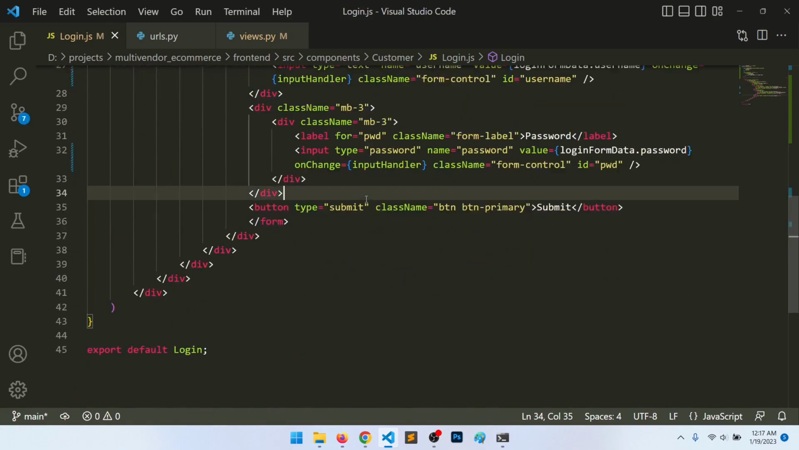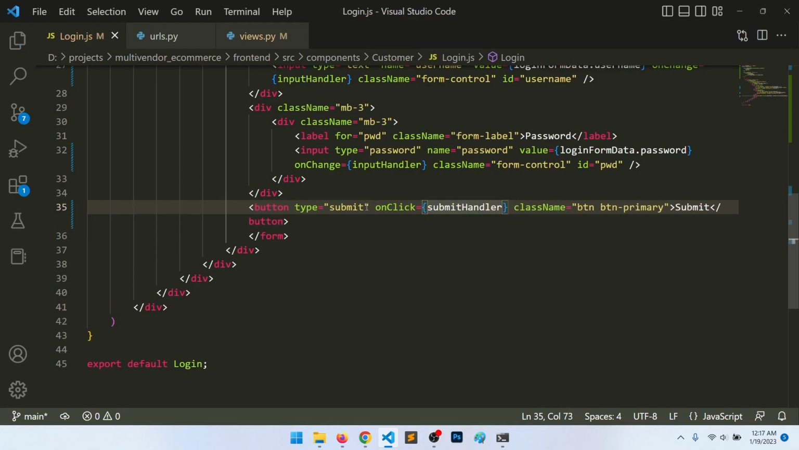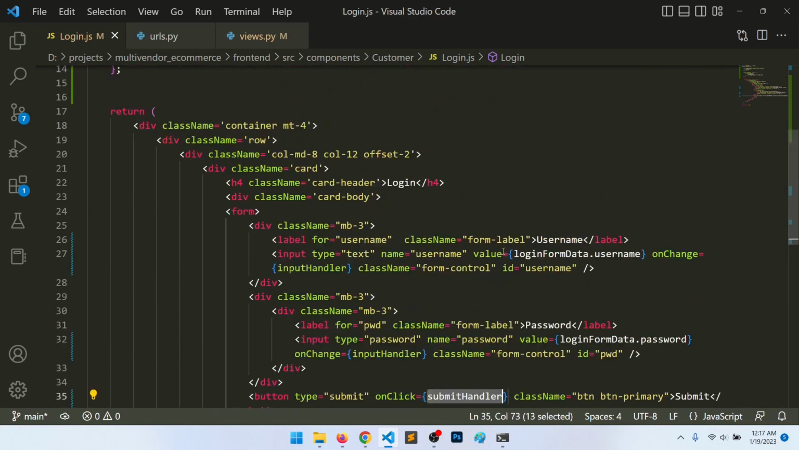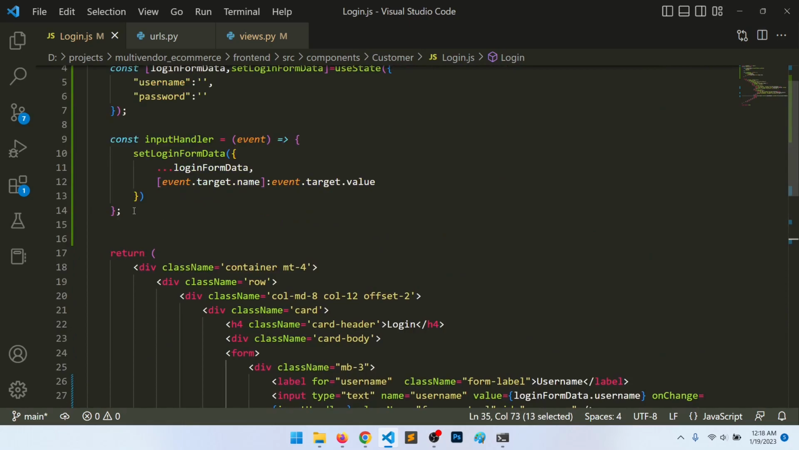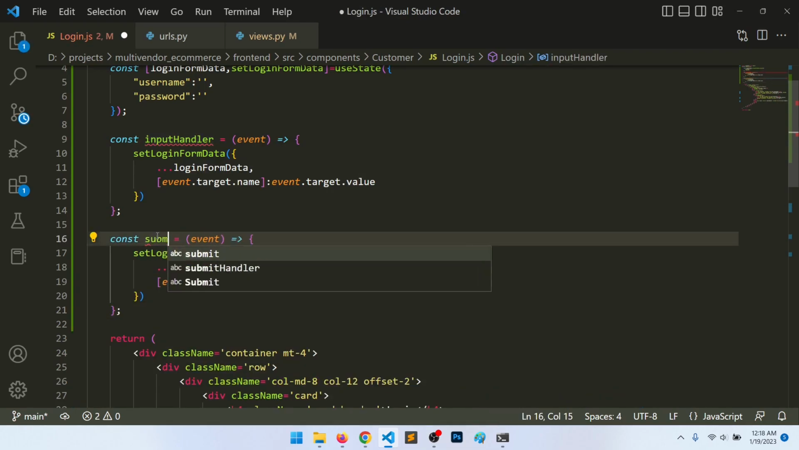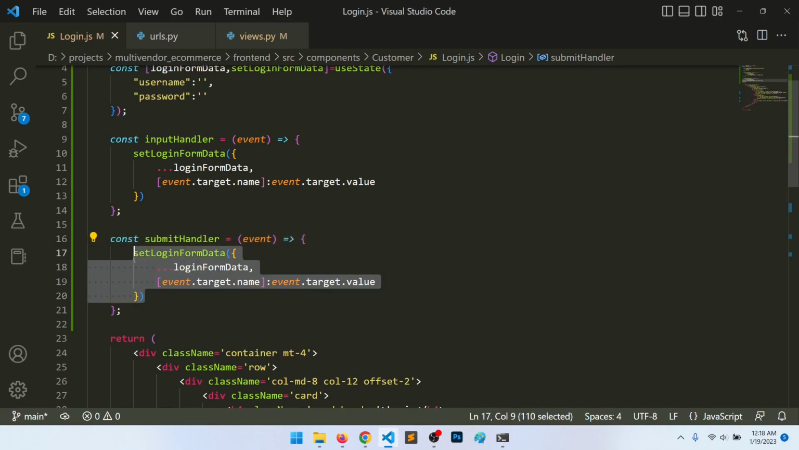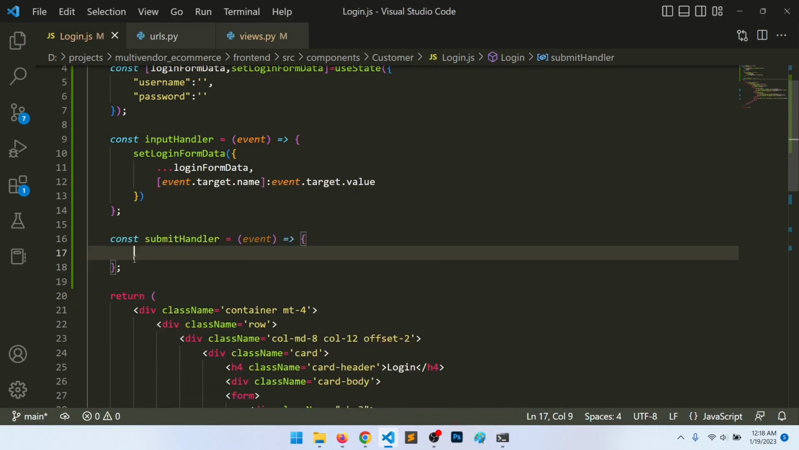Now on click here, let's say on click of the button, we'll say submit handler, right? And then in the submit handler we will do the same thing. We will not do the same thing, actually I will show you what we will do, right? So first of all